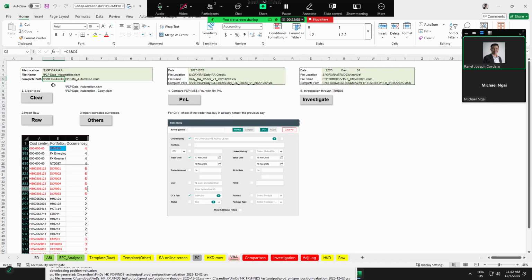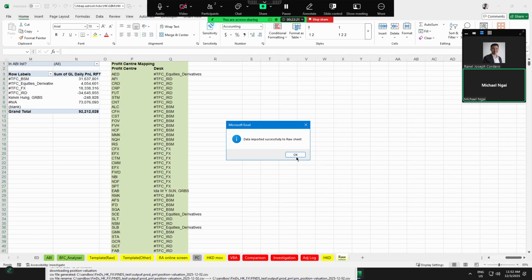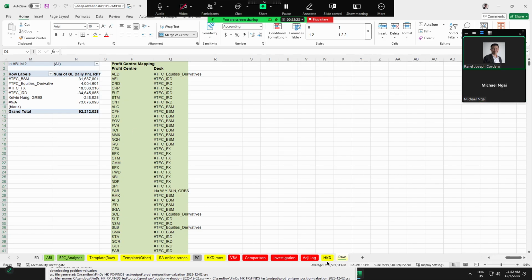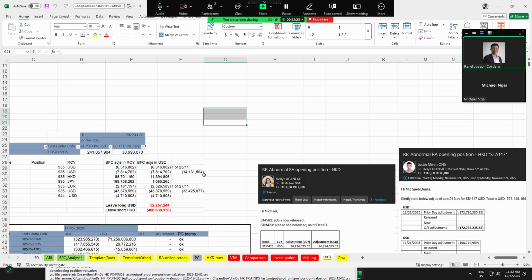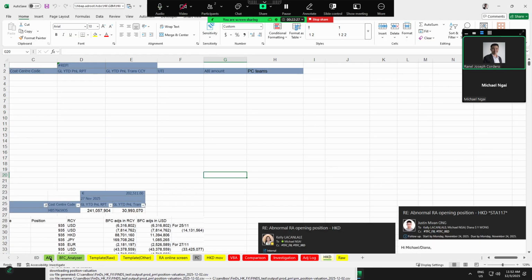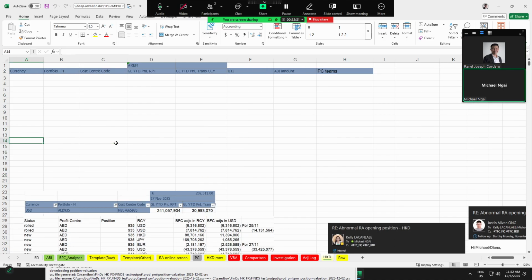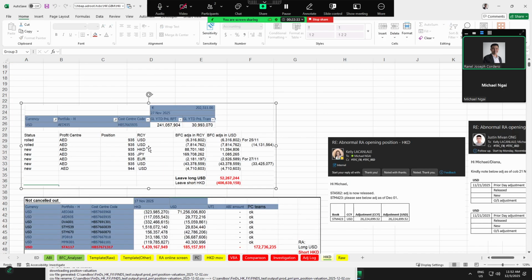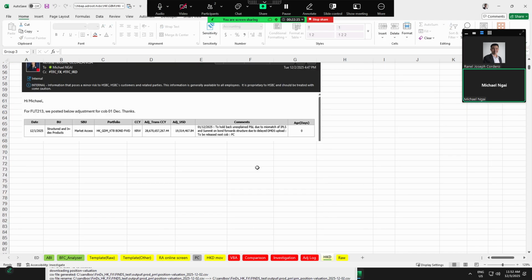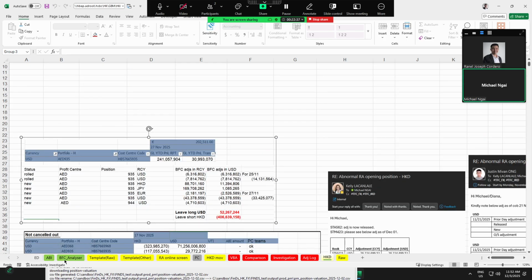And this is the same. Yep, you import the raw and the HKD currencies. Oh, I think the HKD is blank. But you need to finish clicking all the buttons first.